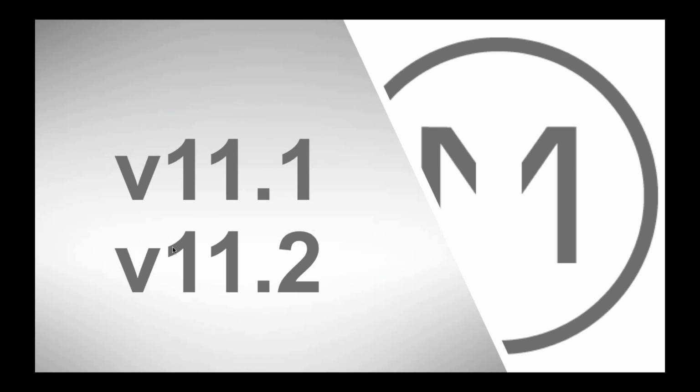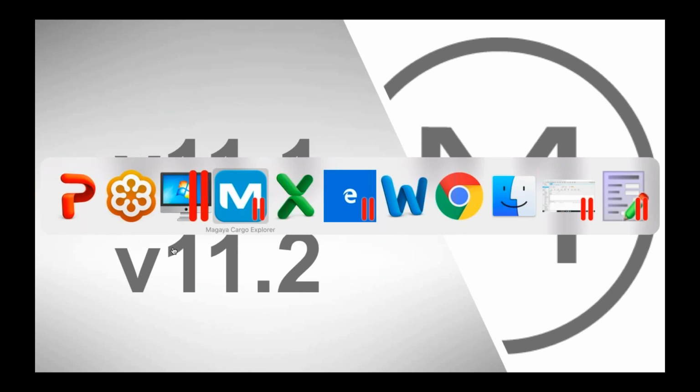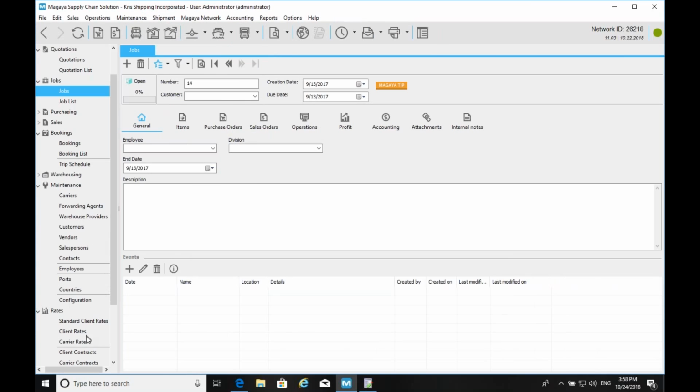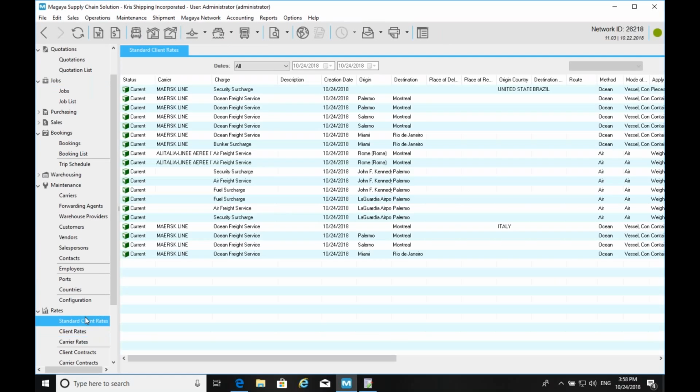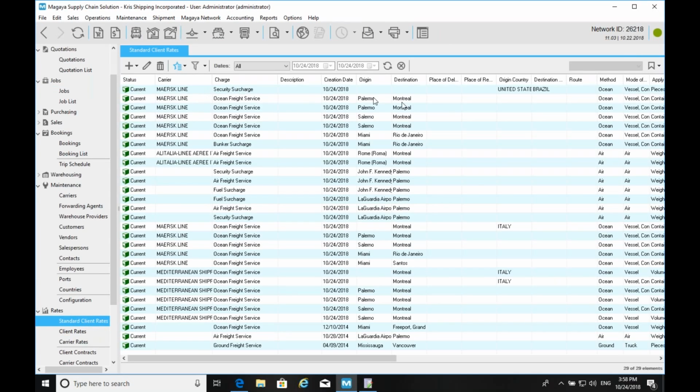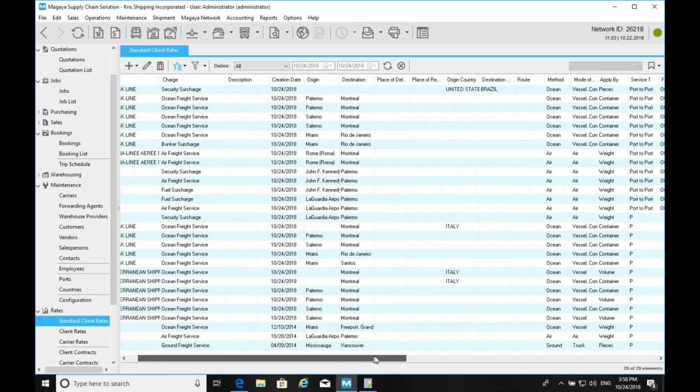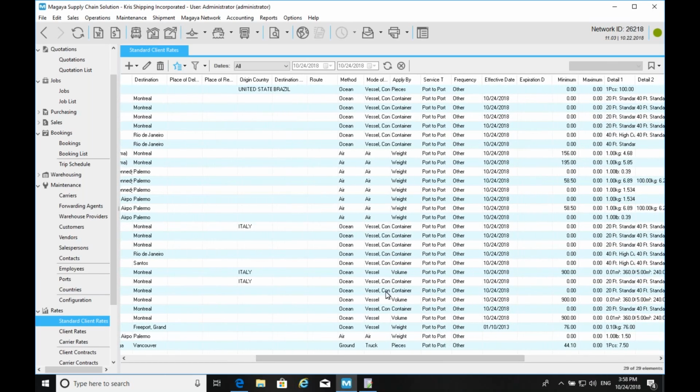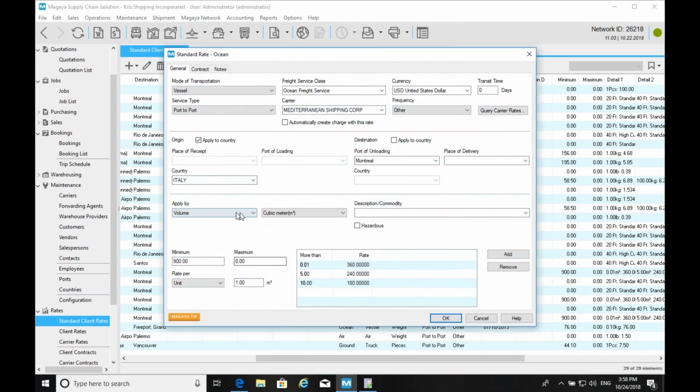When you define the rate, you have to define how you want that rate to work or to apply. So you basically do this at the beginning when you're setting up the rate. Let me see if I have a couple here that is not containerized, like this one, for example. This one here I have by volume. I did it by cubic meter, but if you said ton, for example, weight, here you go, and then you have tons right here, and then you would enter your ranges, like from what to what, or your unit.